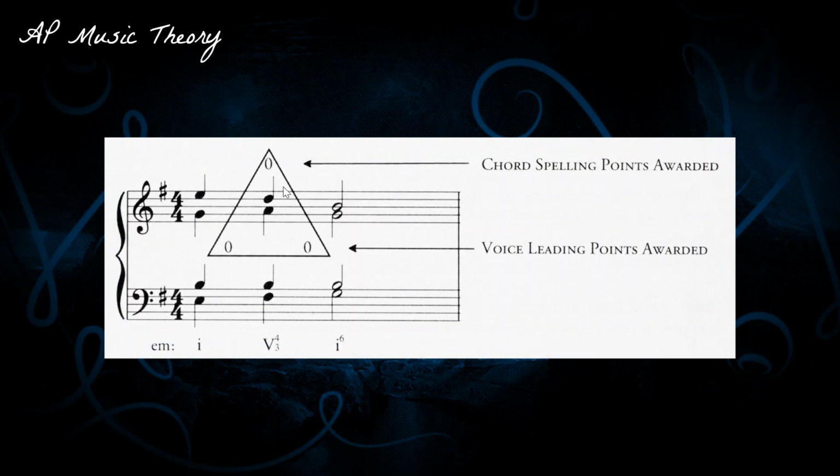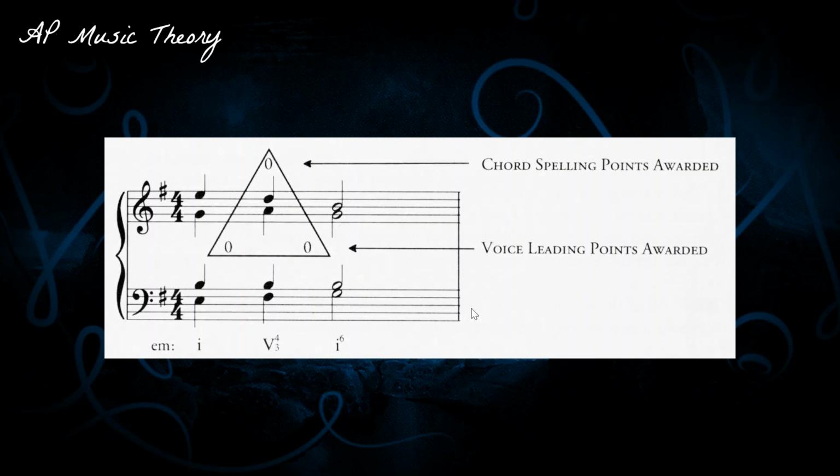So here we have the chord spelling points awarded for the chord, and then we have the voice leading points awarded because this is not to the right note. So you are losing 3 points. By omitting just 1 accidental, 5 points are lost. Oh, interesting. I don't know how 5 points are lost in that. Anyways,